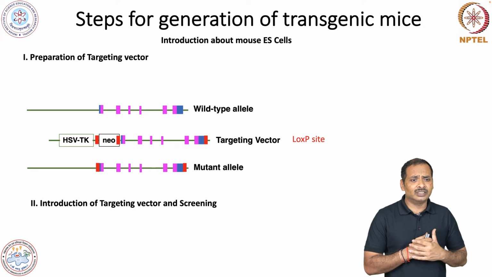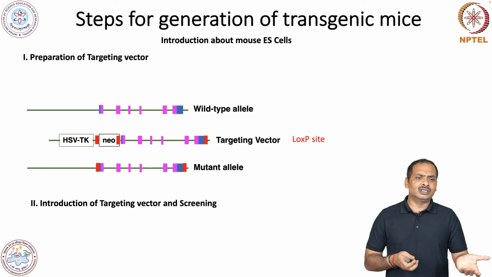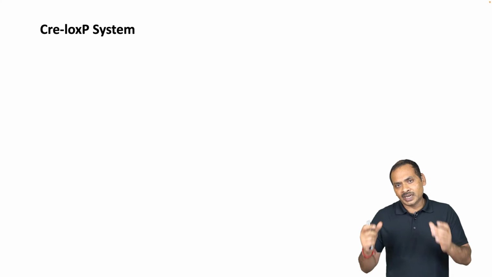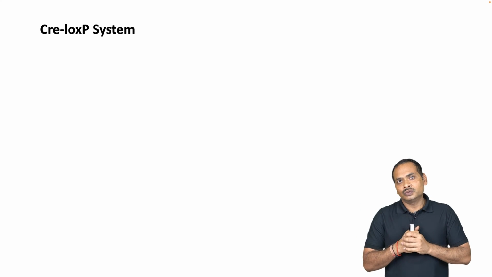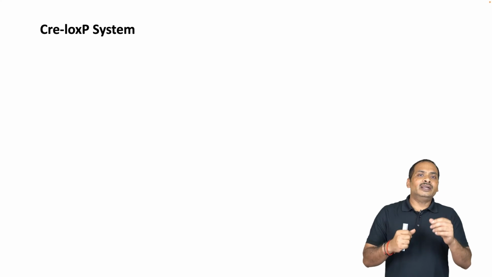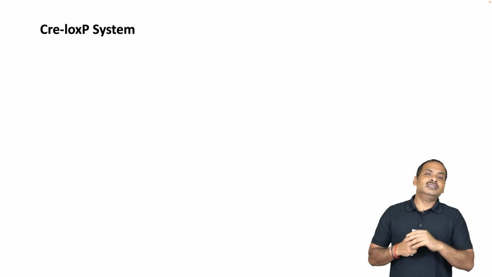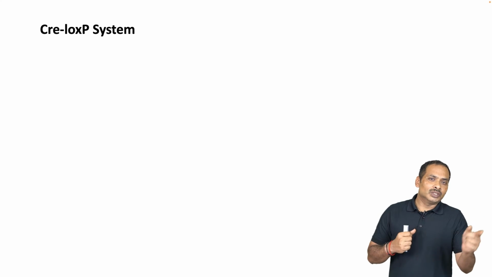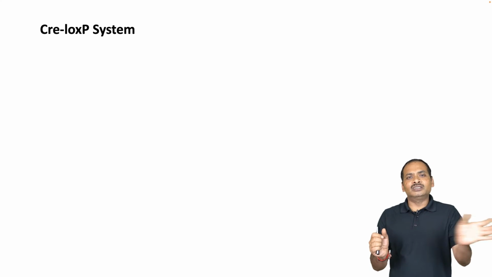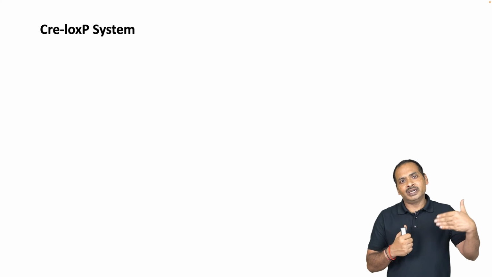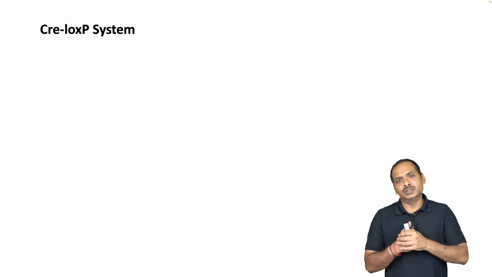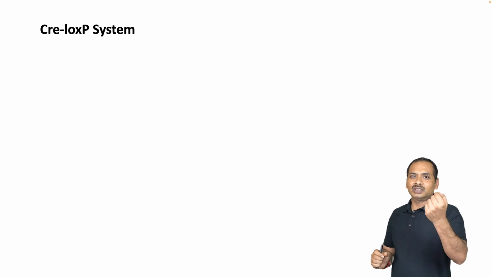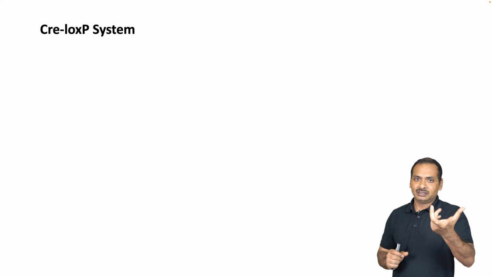So once you get this kind of mice, you will of course do screening and all those things, and finally you will get the mice with the LOXP site which you want to delete. And when you do this, this mice will survive. During development there is no change, everything goes as per the plan of the cell, in a very normal way. Now you want to delete this gene in, say, a particular cell type or in a particular organ,